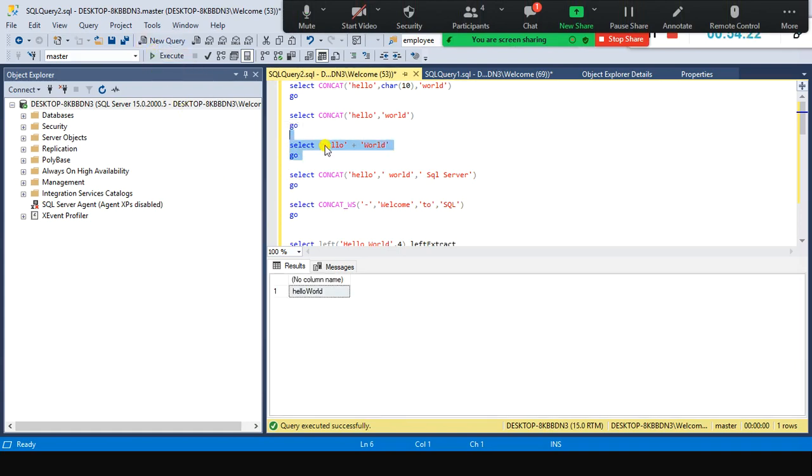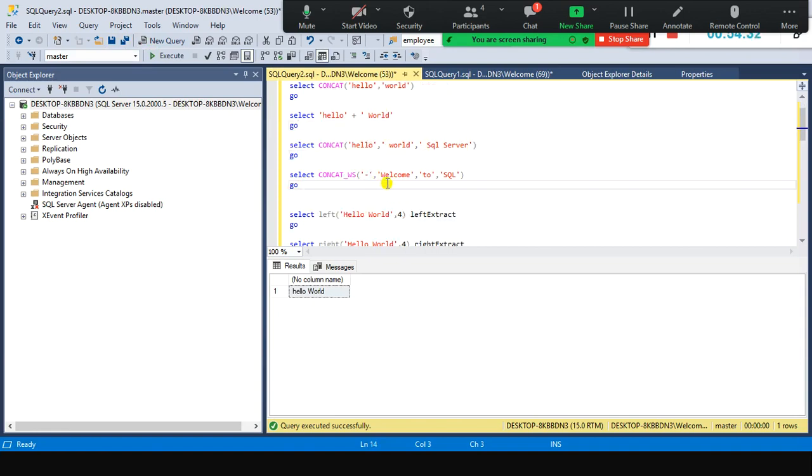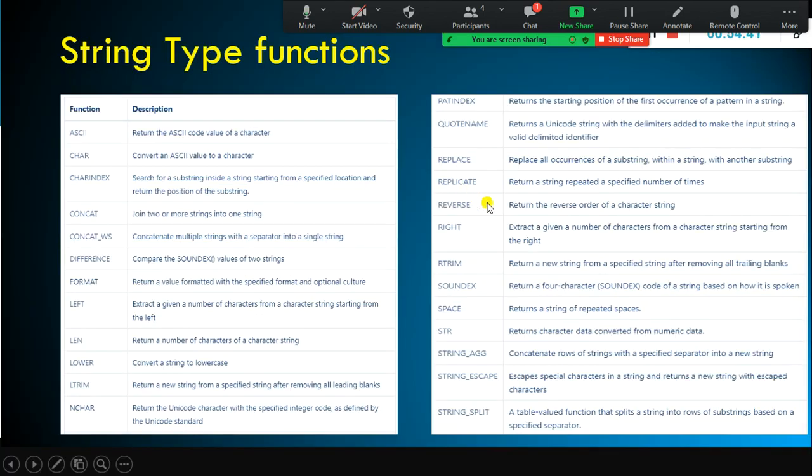Yes, we are good. So using the plus sign we can also do concatenation. You can concatenate string types using plus or using the CONCAT function. CONCAT_WS helps us specify the separator between the strings.